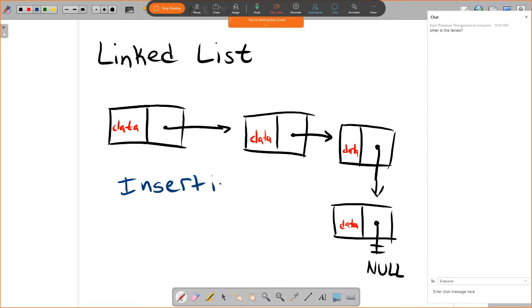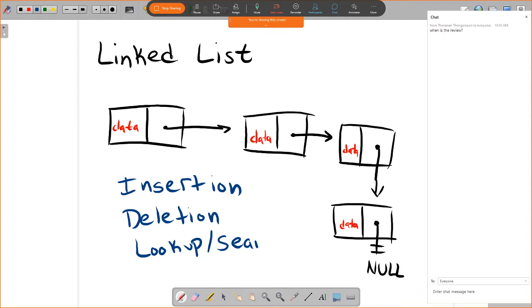So we have insertion, we have deletion, so removing something from this list, and then we had a lookup or search. And so these are the three operations, I would say,